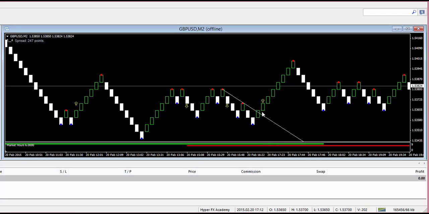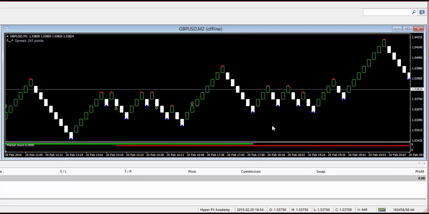Sometimes you will get a fake out, but if you get the opposite signal, you want to exit that down trade in this case and then get into the opposite direction, because you can see it goes for quite a way, and you don't want to sit there waiting for the market to come back around, because that doesn't happen sometimes. After that, we had a trade on the upside here,